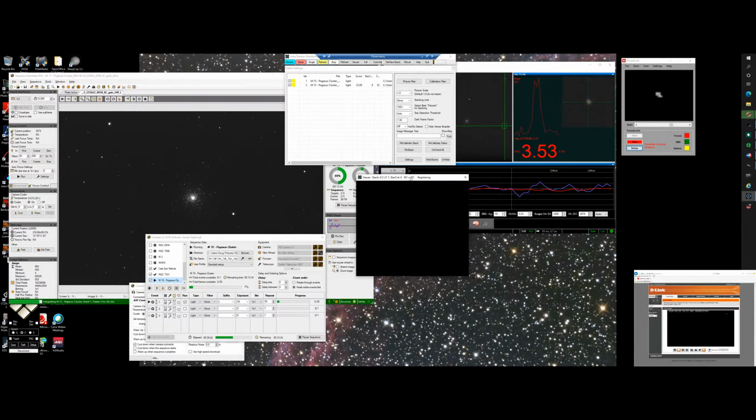So I guess the short message is the dimmer the object, the longer data integration is required to pull it in. I mean that NGC object was